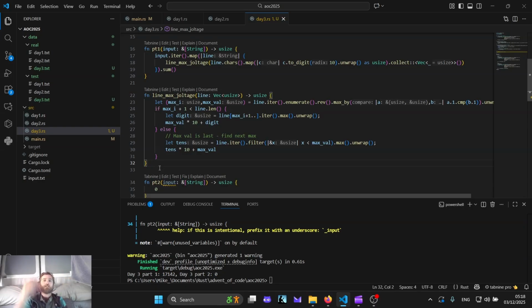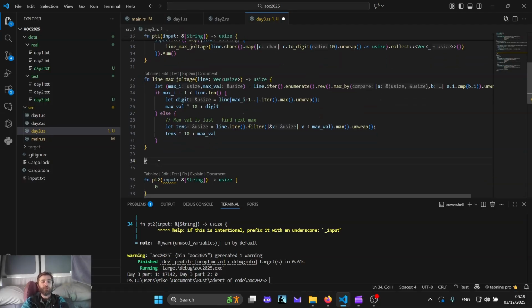The slightly... So now this trick of filtering isn't going to work, because if there are 2 of the maximum value... actually maybe it will work. Because if there are 2 of the maximum value, I am going to get the first one, because I reversed my iterator here. So once I've got the location of the first one, if it is not the last one, what I can do is,